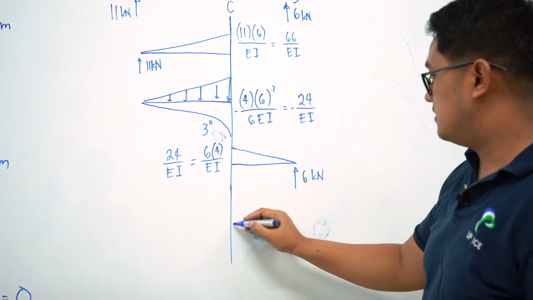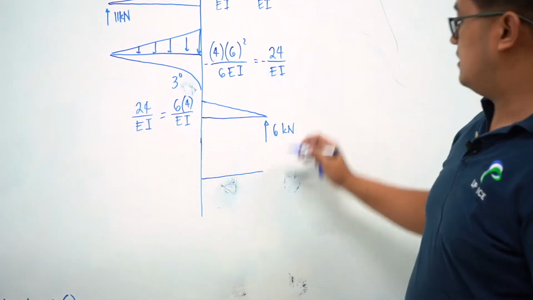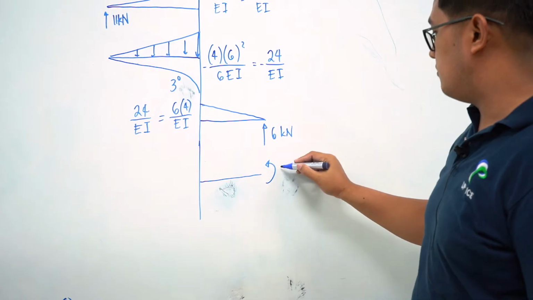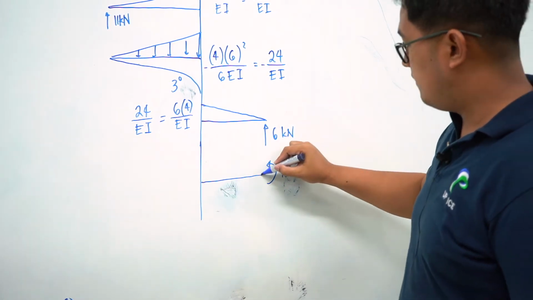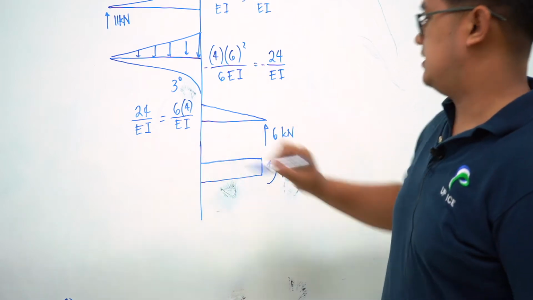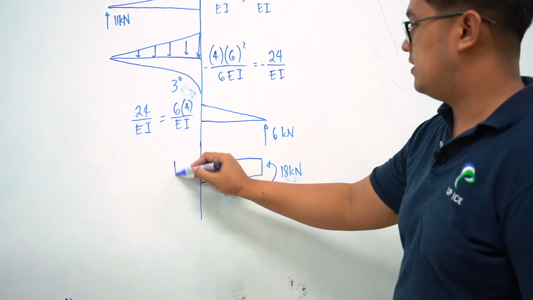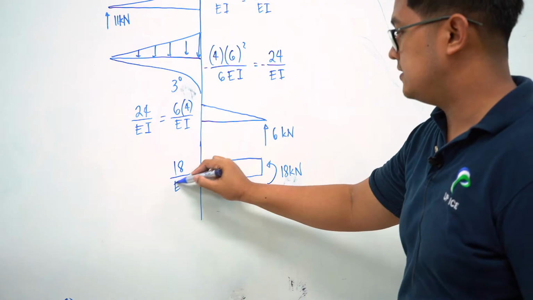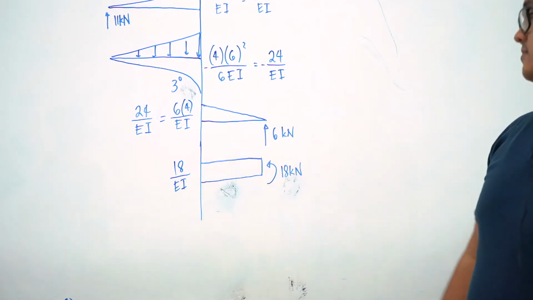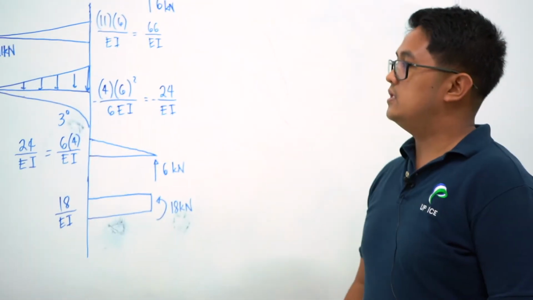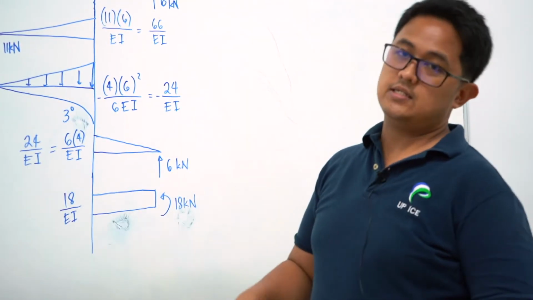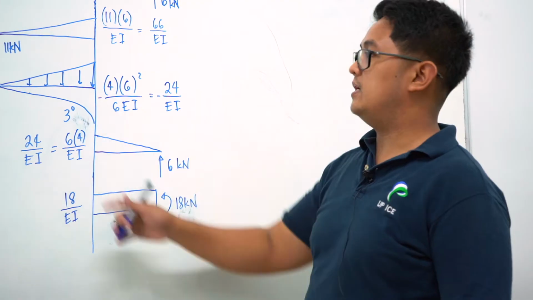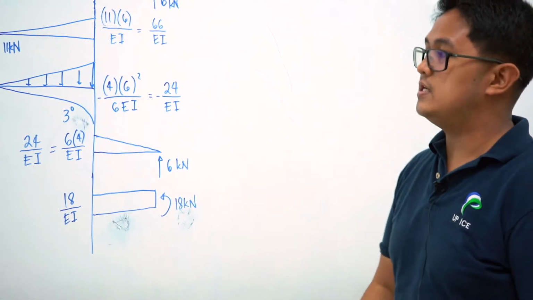And finally, the concentrated 18 kilonewton meter moment will produce a positive constant moment equal to 18 over EI. Okay? So these are our bending moment diagram by parts, which is necessary in using our area